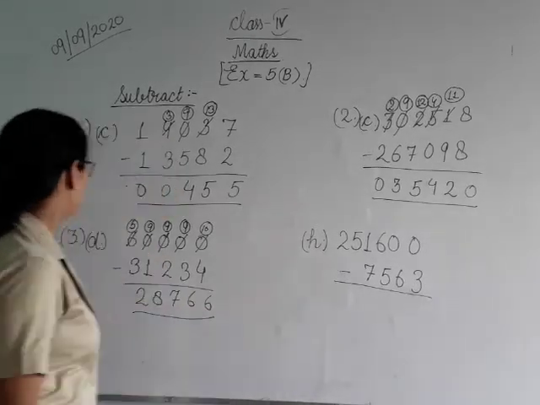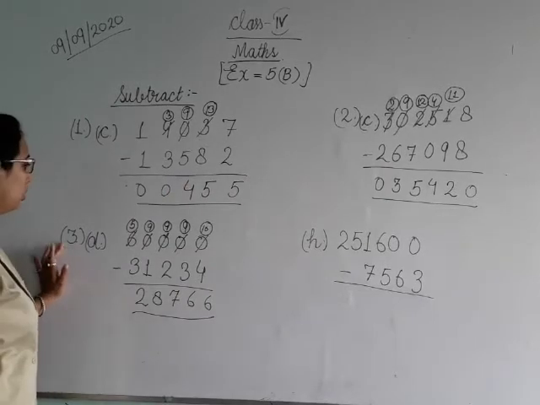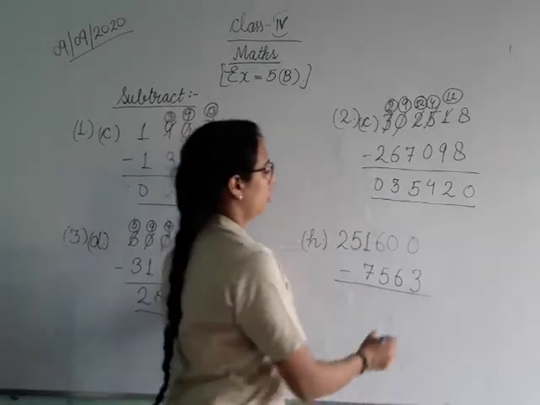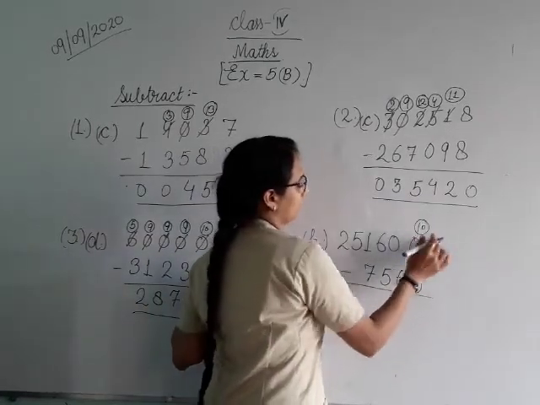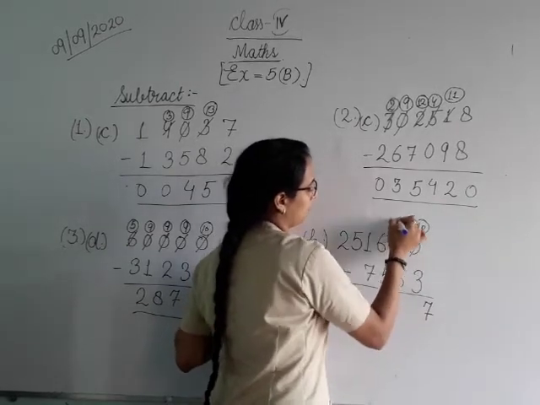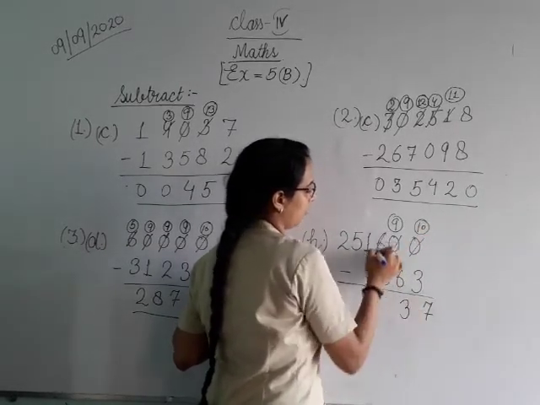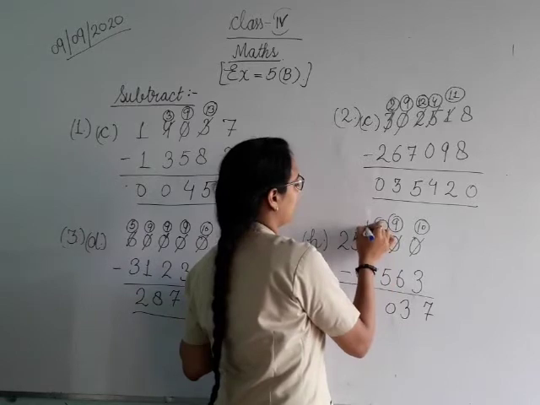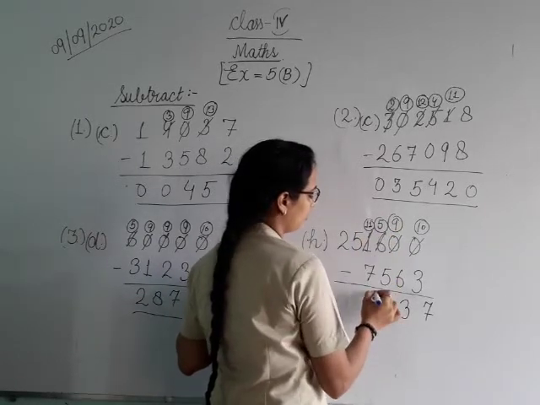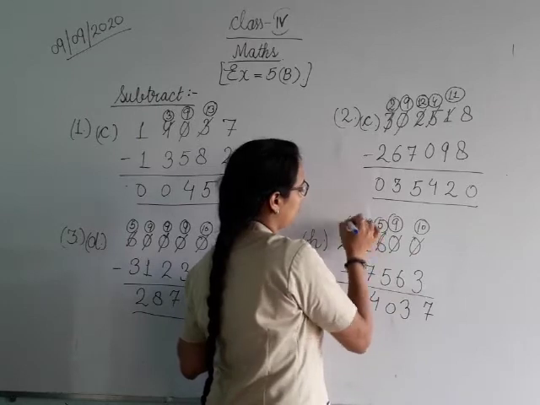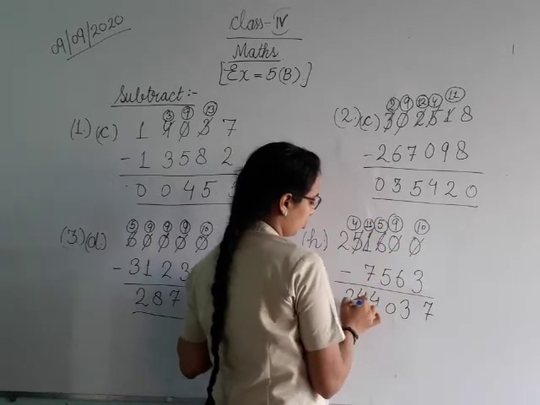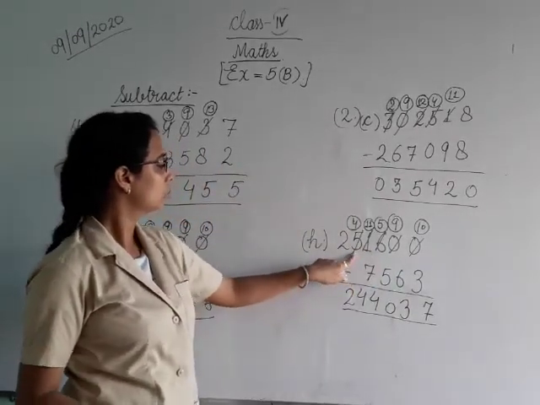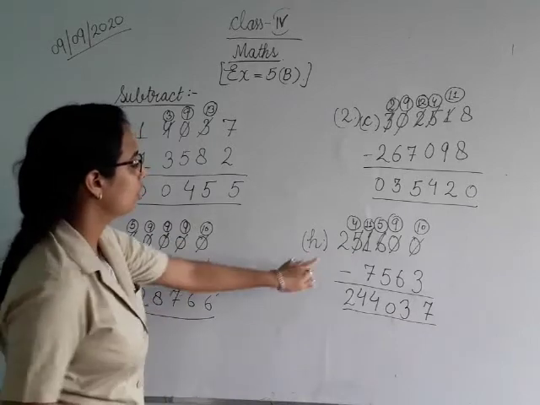Now coming towards the next part of the same question, 3H. First of all, we write the numbers after taking borrows. 10 minus 3, 7. 9 minus 6, 3. 5 minus 5, 0. And here will be 11. 11 minus 7, 4. Then here will be 4. And there is no impact on 2, because we have already taken the borrow from 5. So no need to come to 2. Then 2 will be the 2.